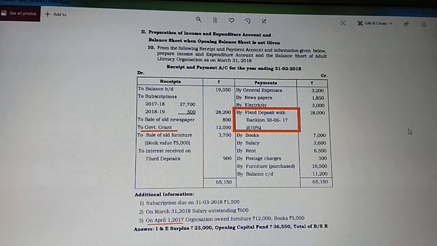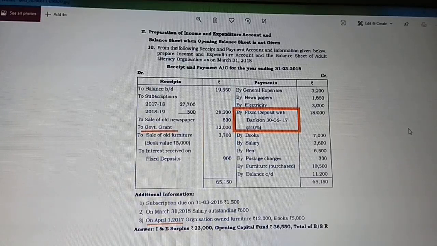So just observing this question, we are going to concentrate on the important thing. All the rest is very easy and it is just same as we are picking up the expense items and the income items and posting on the opposite directions. So from the payment side, post on the expenditure side, from receipt side, post on the income side. So apart from this, there is no other changes, but just observe on this.